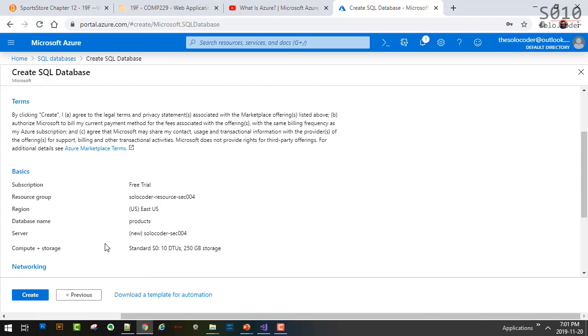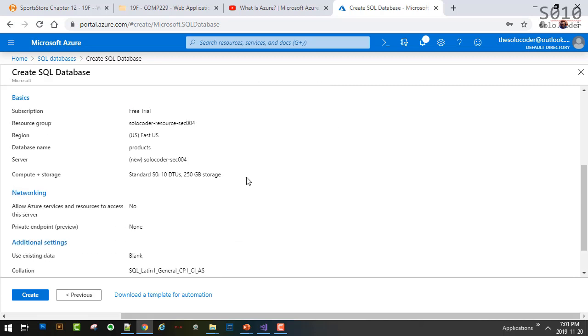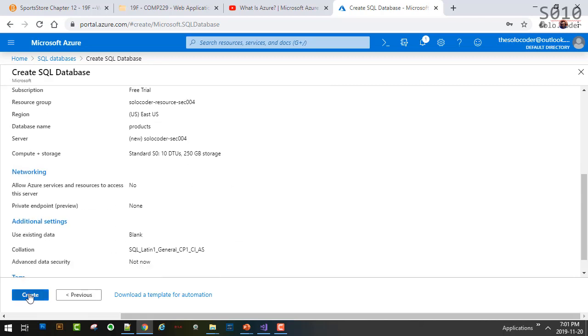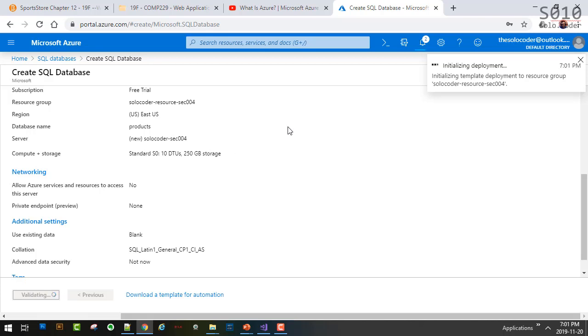Any questions? Again, a lot of steps here, but kind of straightforward. But again, any question at this point? I know once you are trying to create this, you may get stuck, but we're going to do that in the second half of our class today. So I'm going to just click on create.